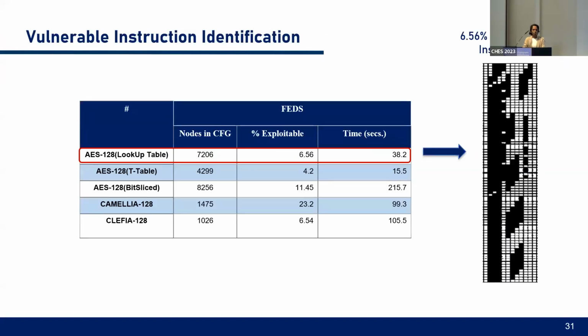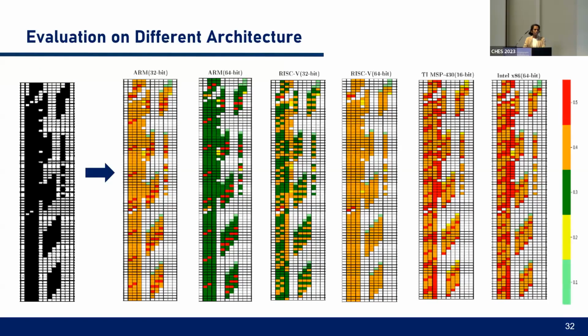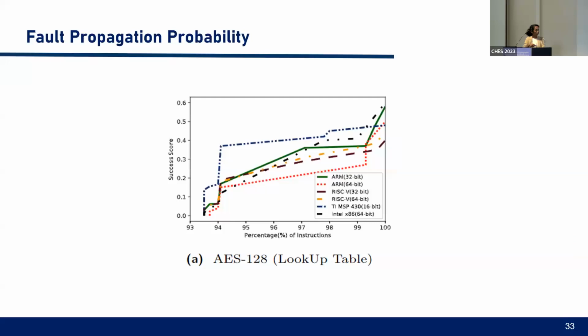So for the first case, this is the percentage of vulnerable instructions for the AES 128-bit lookup table. After the evaluation, the graph shows how it varies based on different architectures. For TI MSP 430, we can see that it has more vulnerable nodes, the success probability is high on TI MSP 430 and it's low on